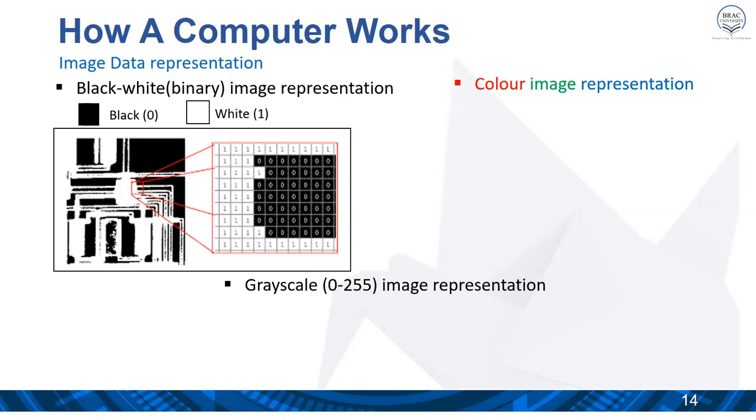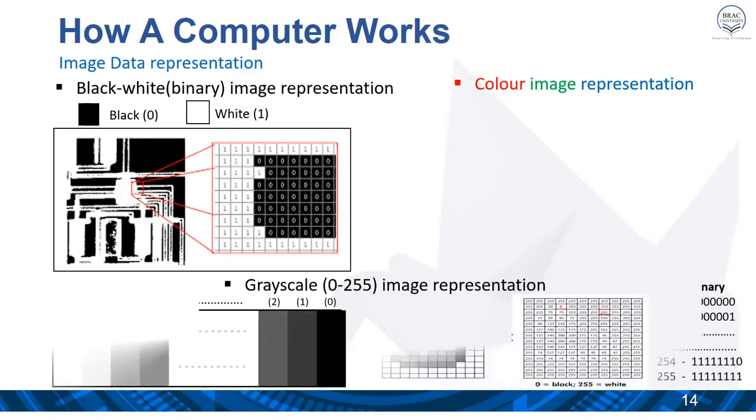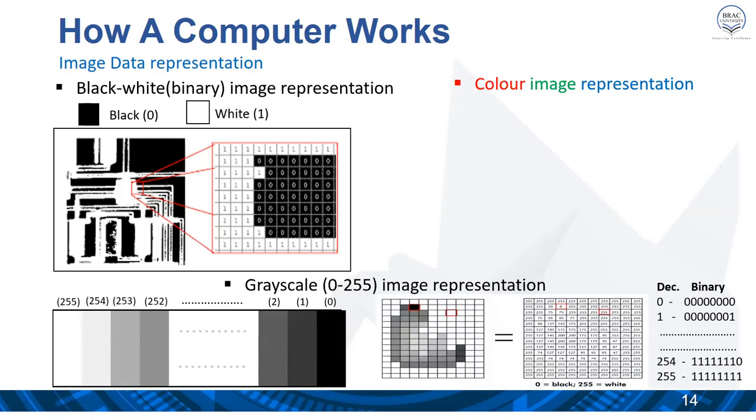Okay, now moving to the grayscale image. The grayscale image only carries the information of light, ranges from black and white. The grayscale image represents a total of 256 different intensity levels, including the black and white. A grayscale image pixel can be represented by 8-bit binary numbers. The examples are shown in the figure.